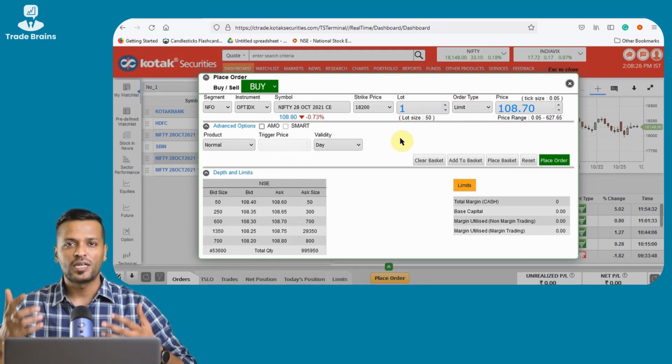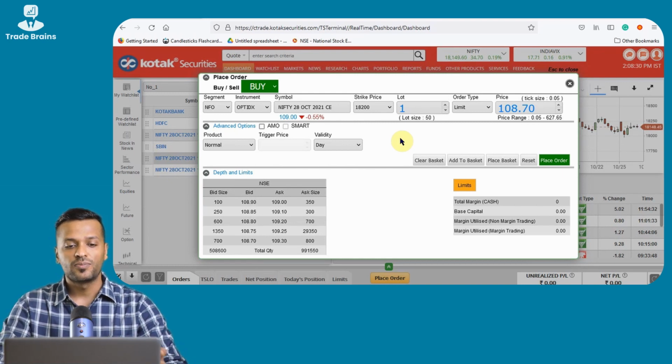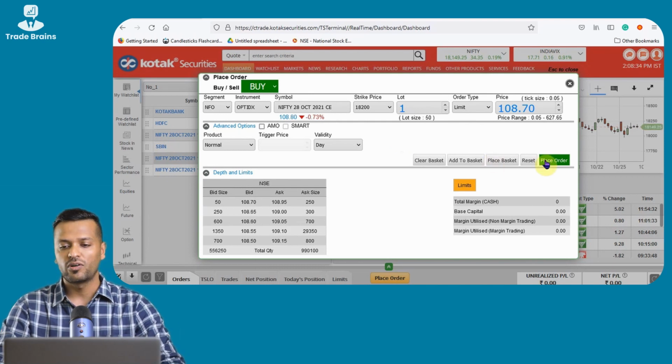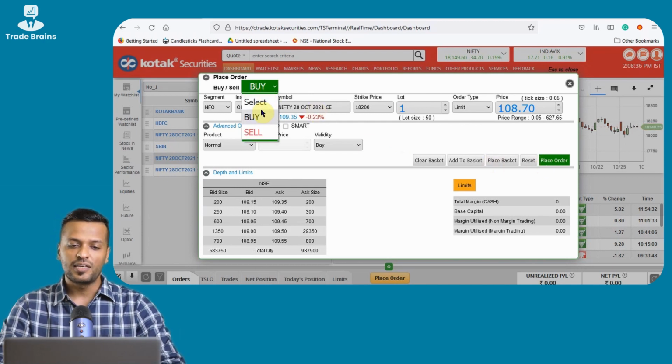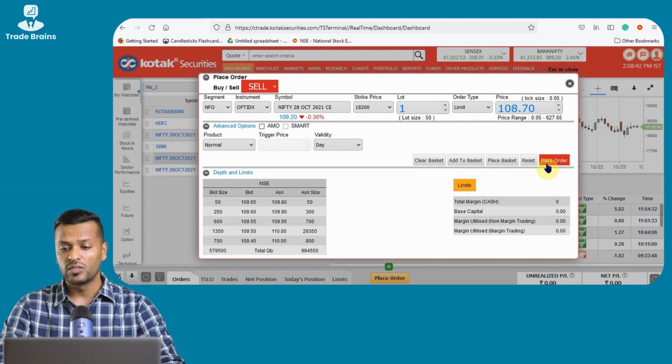You can find out which share you are buying and what quantity you are buying, and then you go about taking an informed judgment based on that. Once you have chosen the price to buy, you can directly place the order. And you can do the same thing for selling. If you want to sell this particular call option, you directly click here on place order and it goes through on the market. So that is how easy it is to buy or sell any option.